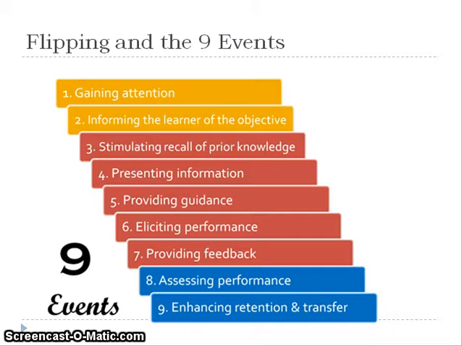That events 5, 6, and 7, providing guidance, letting people practice, and listening to their performance, giving them the opportunity to try something in class, and to fail occasionally, is very important. And then providing them feedback. So it's this idea of letting people practice, get feedback, fail, and make changes before we actually do the assessment that's talked about in event 8 that's listed here.